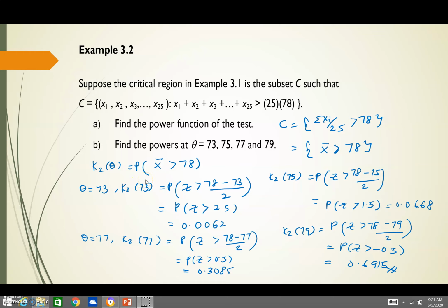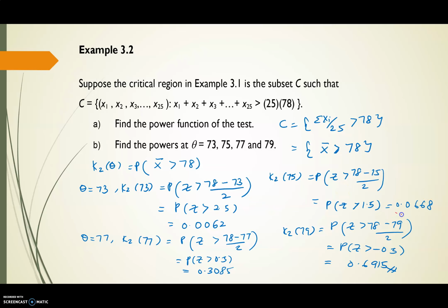If we compare this test with our first test, let's say we refer to the true parameter at theta equals 75. In this case, at theta equals 75, the probability of rejecting the null hypothesis is just 0.0668, which is a small probability compared to our previous test, which was around 0.5. That means the second test is much better compared to our first test. However,